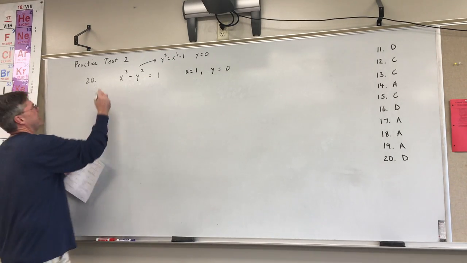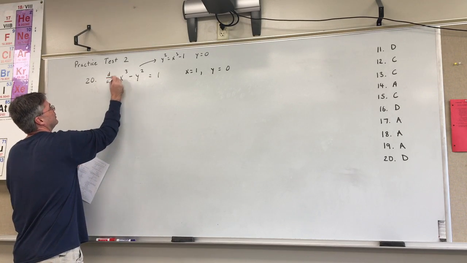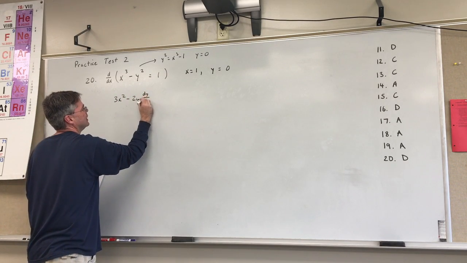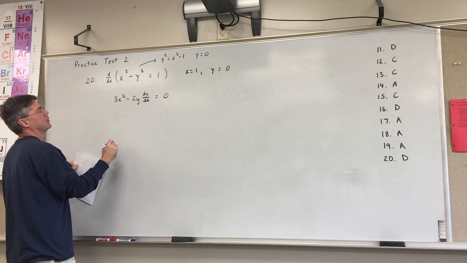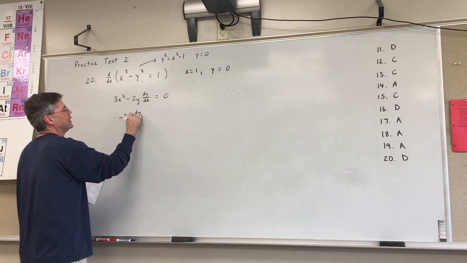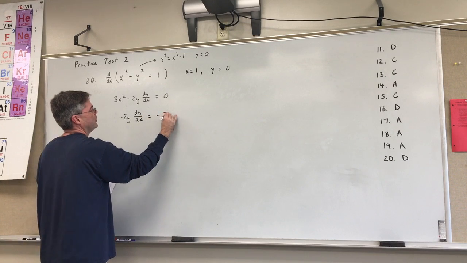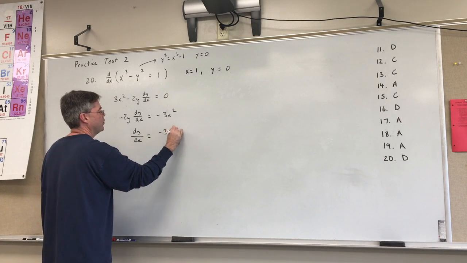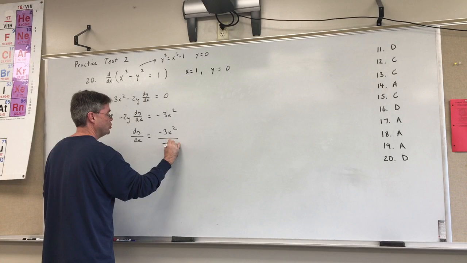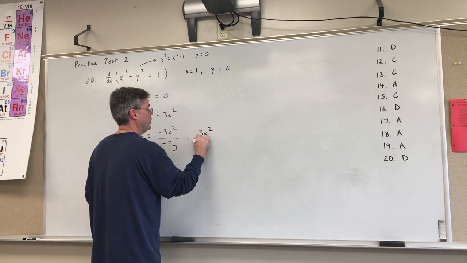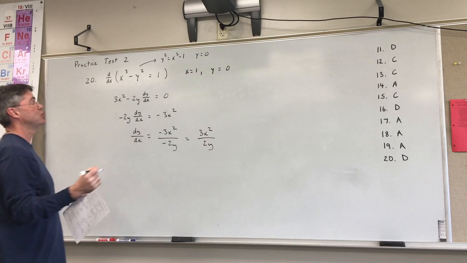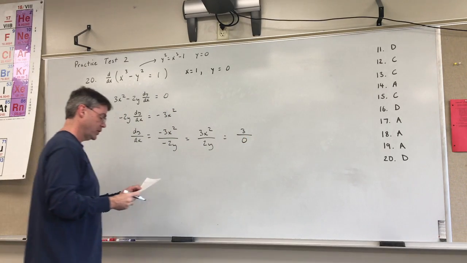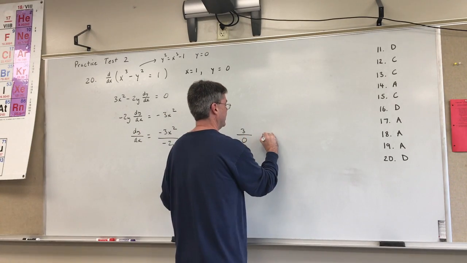So let's take the derivative of this with respect to x. It's going to be 3x squared minus 2y dy dx is equal to 0. Minus 2y dy dx is equal to minus 3x squared. So dy dx is equal to minus 3x squared over minus 2y. So that's 3x squared over 2y. So at x is 1 and y is 0, you would have 3/0. So the slope is undefined,